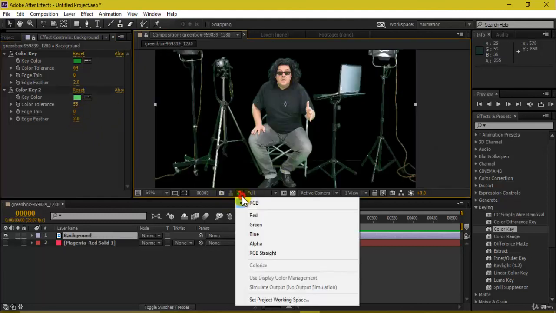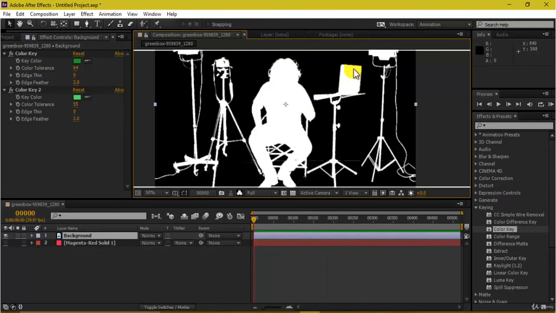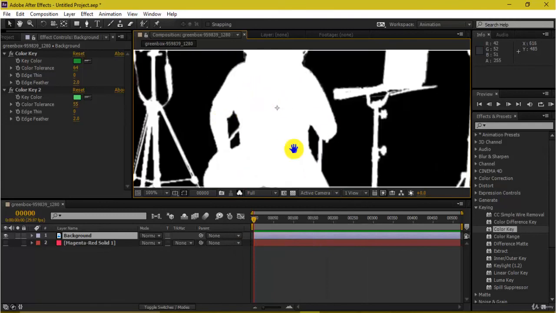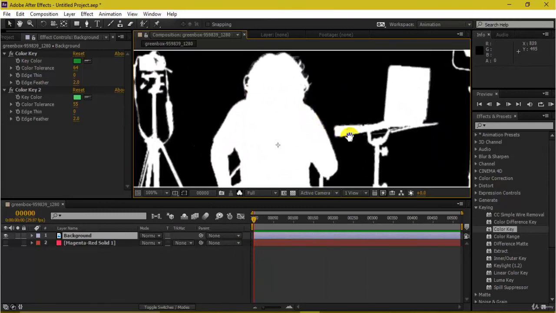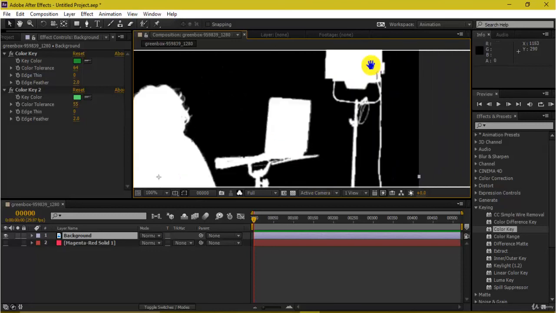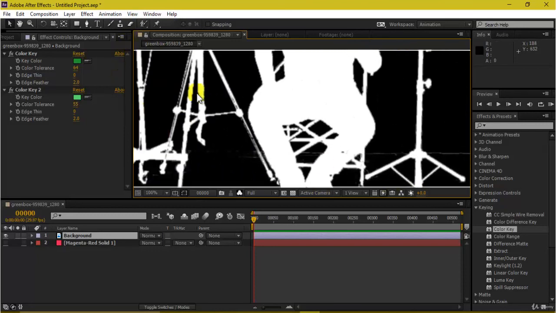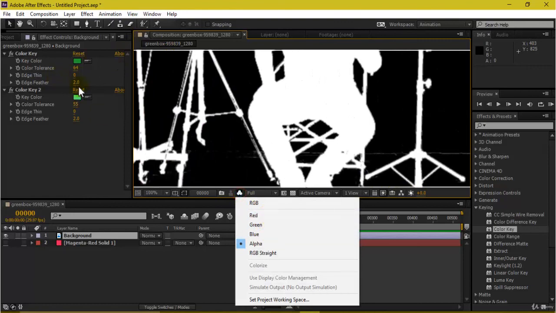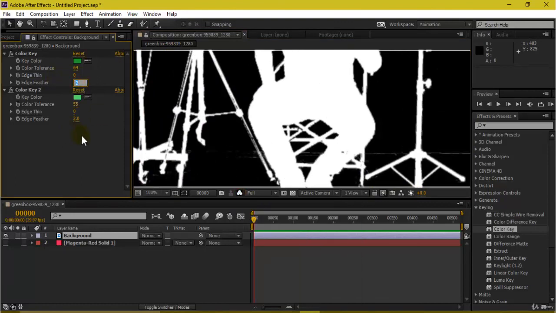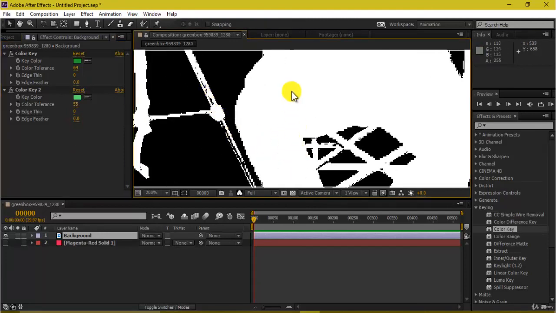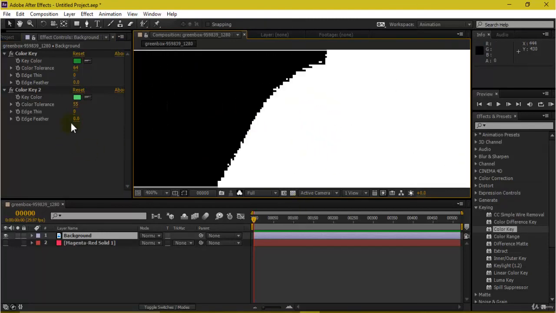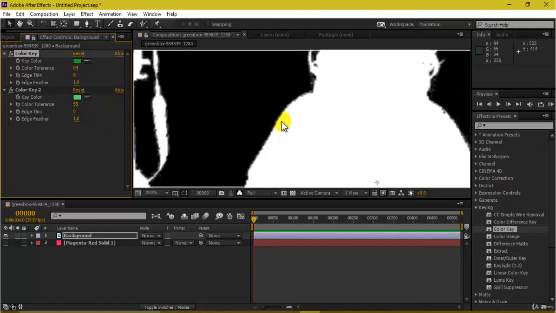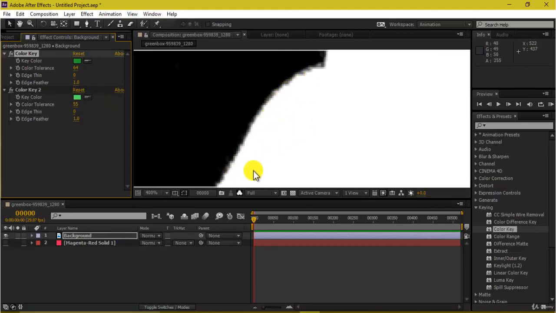Now if you see the alpha here, this is the alpha channel which contains transparency, and this is what we are having: this laptop, then this camera stand, tripod over here. If I decrease the feather here from 2 to 0, you will see very jagged edges. If you see this, this is what we are having. These edges are very jagged, so we'll make this maybe 1, and even this as 1. So we are getting a nice feather kind of effect, and these edges are now being blended.